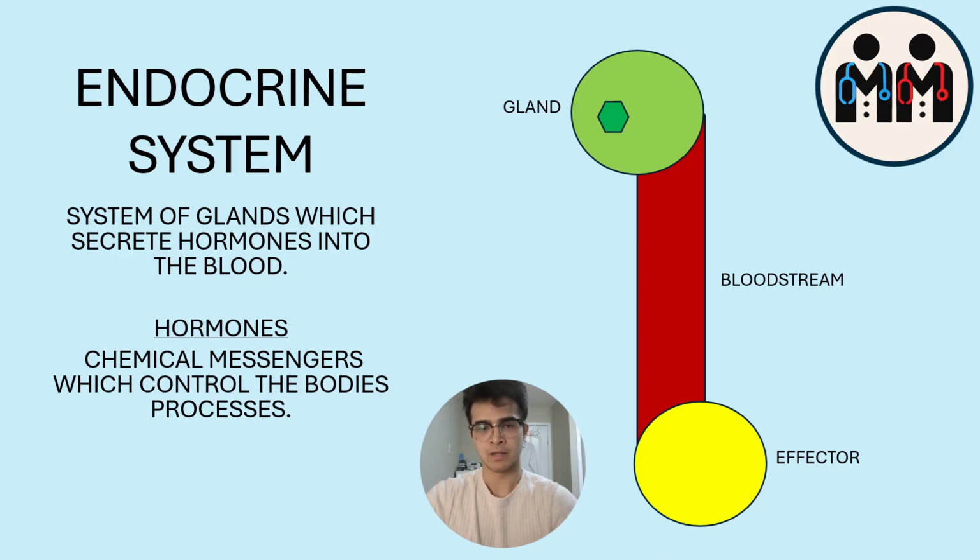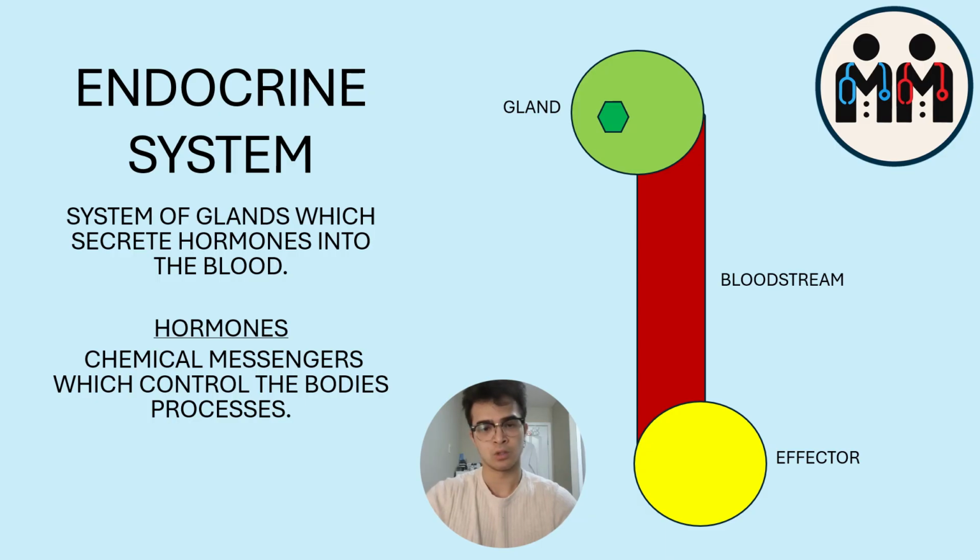I've noticed that a couple of students have been struggling lately understanding the body systems. So this video will try to clarify concepts regarding the endocrine system. And essentially, the endocrine system is a series of glands which produce hormones. And these hormones are chemical messengers which flow through the bloodstream and reach a target organ to control the body's